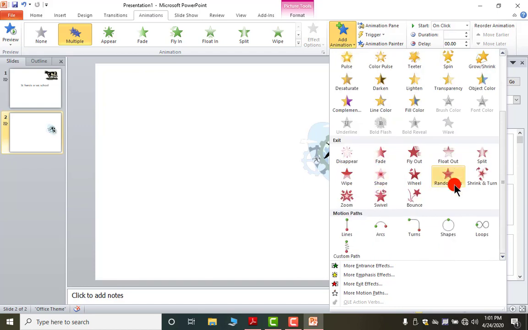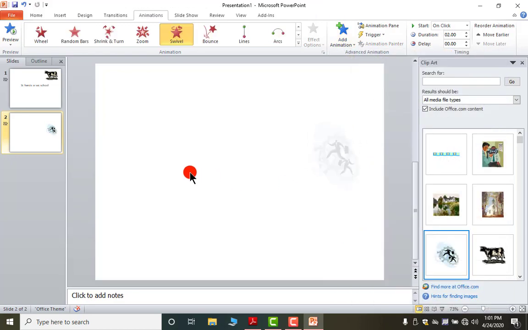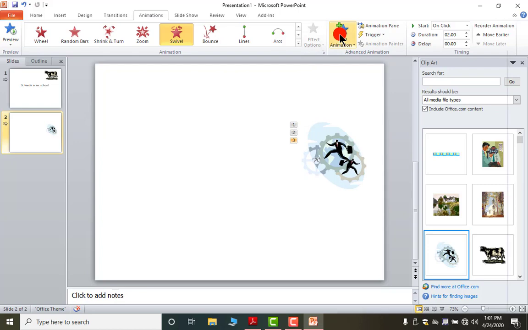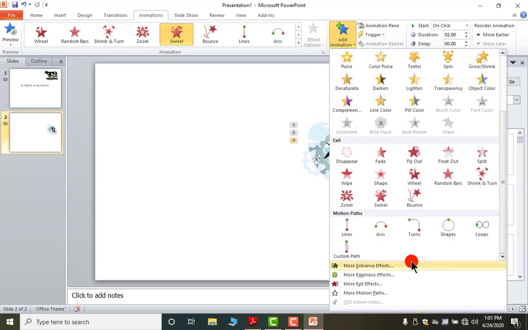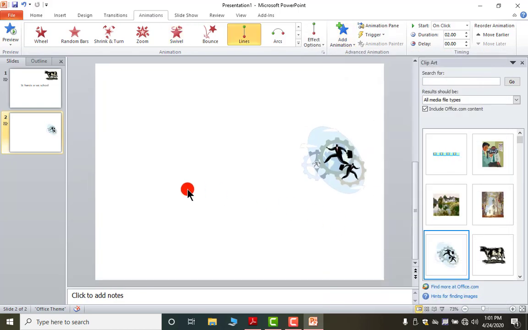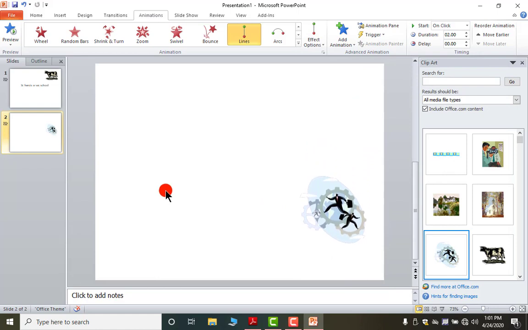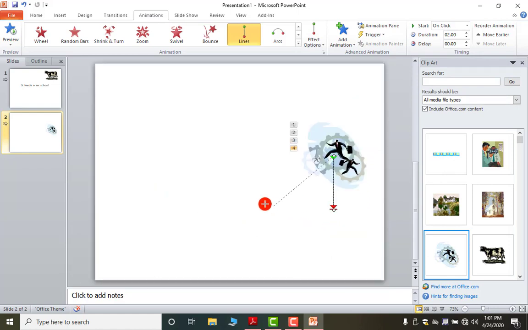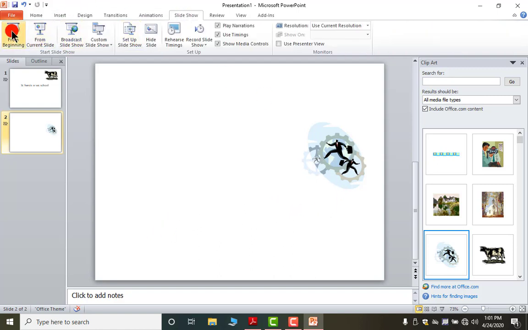If you use this exit, look, fly out or zoom, swivel like this, look. And last one is lines, look. You can control, you can move this like this from here to here. Now let's play the slideshow from current slide. Look, this is first one, this is second one, third one and last one, motion path.